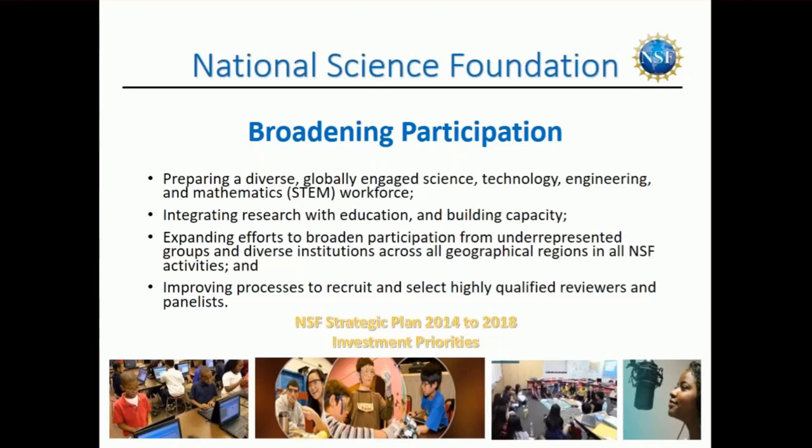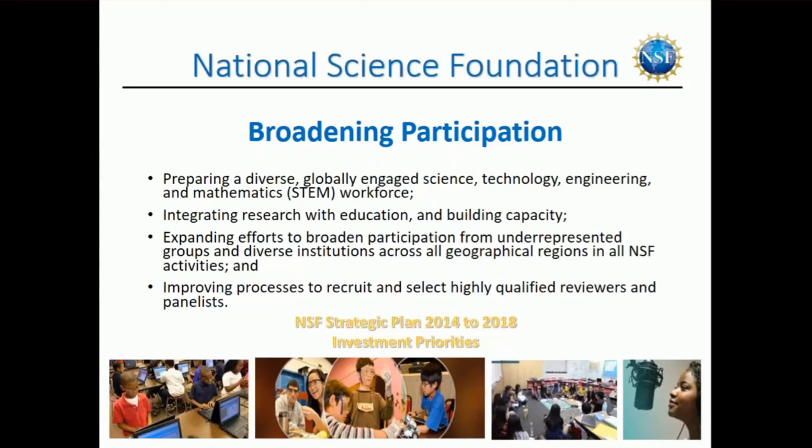Our second area is integrating research with education and building capacity. We are very much interested in research that helps us to think more about broadening participation and our strategies for that type of research and for building capacity. In addition, as I mentioned earlier, we want to expand our efforts to reach underrepresented groups and diverse institutions across geographical regions in all of our activities, not just those that we fund, but then some of our other activities,